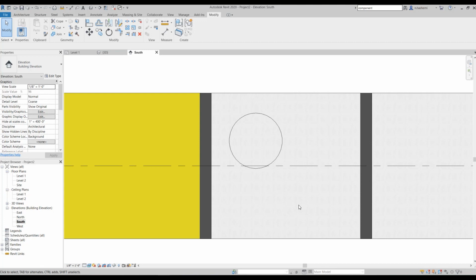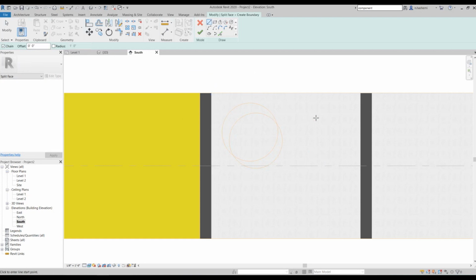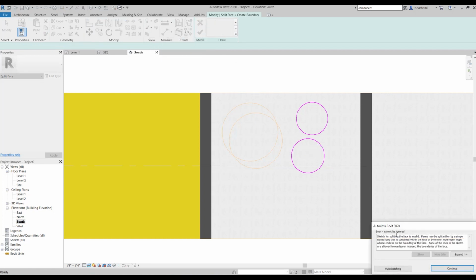One other thing that you are not able to do here is that you cannot draw two circles, or it's better to say two closed loops, at one time. If you try to draw two circles at just one time and then hit check, it will show you an error.